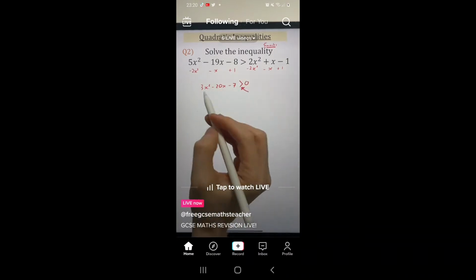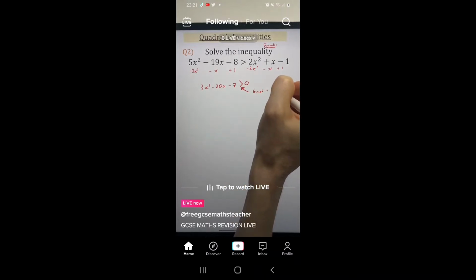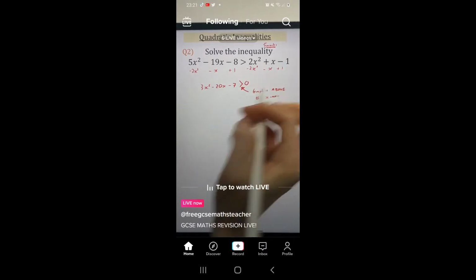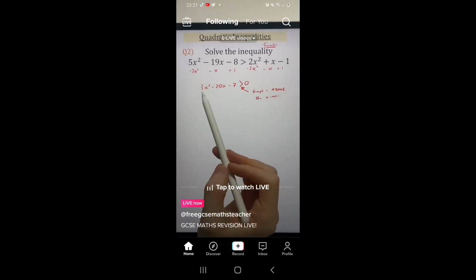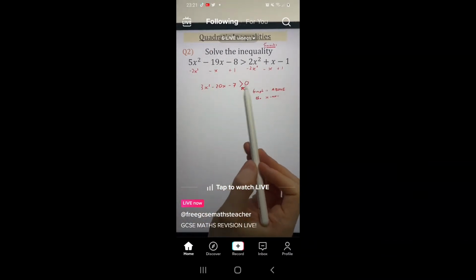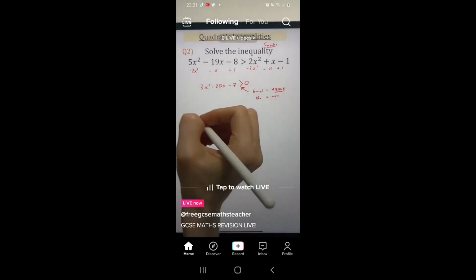If it says greater than 0, it's where the graph is above the x-axis. That's the thing that students forget. If it said less than 0, it's where the graph is below. Here it says the quadratic is greater than 0, and greater than 0 is where the graph is above the x-axis. So my first step